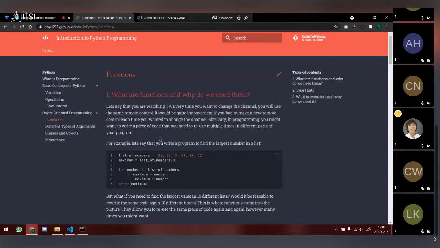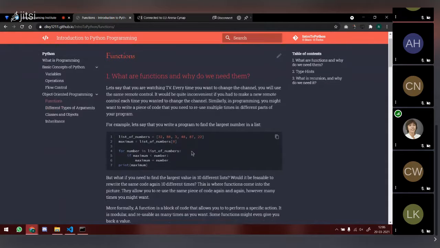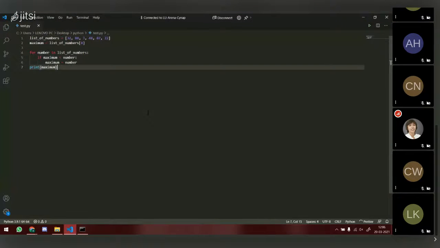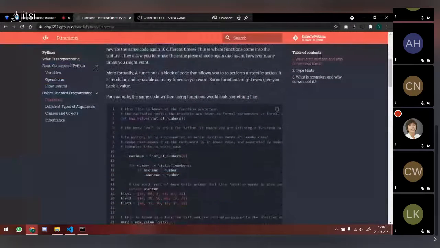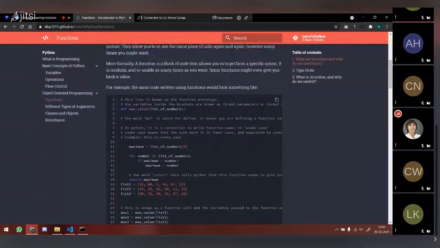So for example, I have a program here that finds the maximum number in a list. And this is okay if you want to find the maximum of one list, but let's say I have 100 different lists and I want to find out the maximum in every list. Is it feasible to write the same code 100 different times? No, right? You don't want to do that. So the way you do that more effectively is using functions. So instead, now you write the same code inside a function,